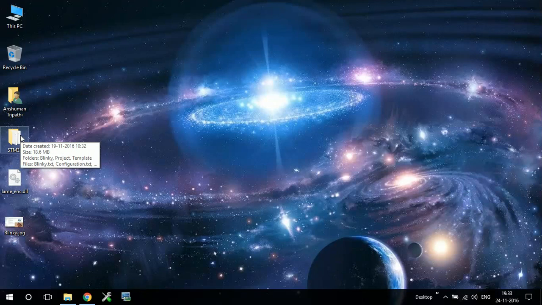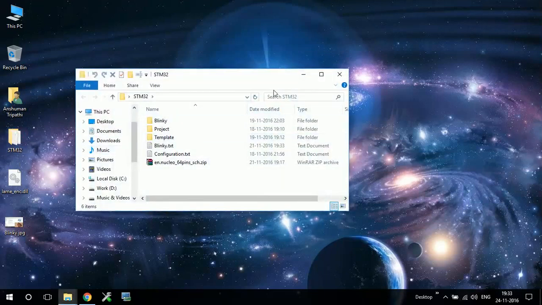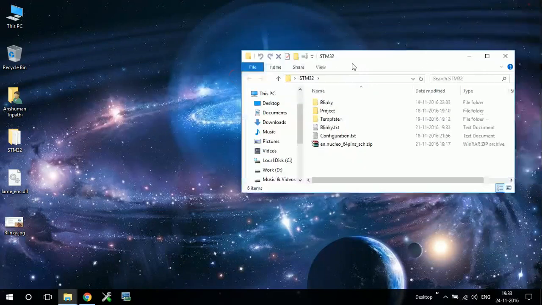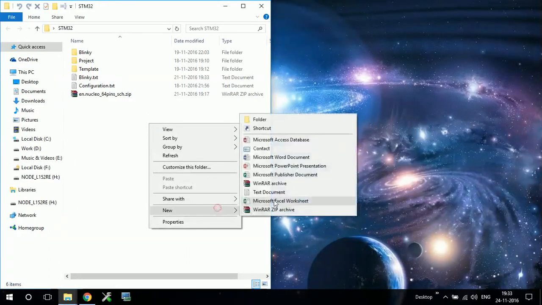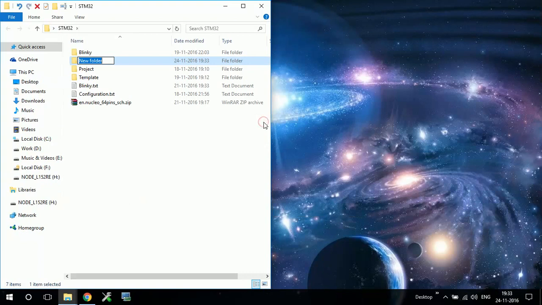Today I'm going to do both things: creating the environment for that particular board, and also blinking the LED in the same tutorial. So let's begin. The first thing I will do is create the folder for my project. Let me name it Blinky L series.